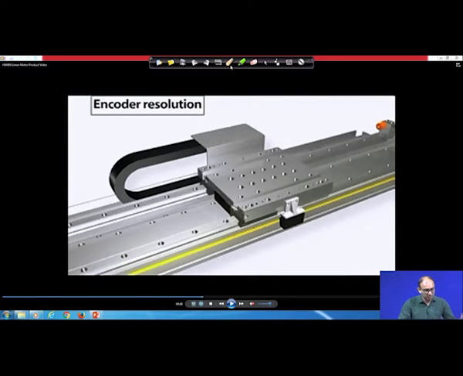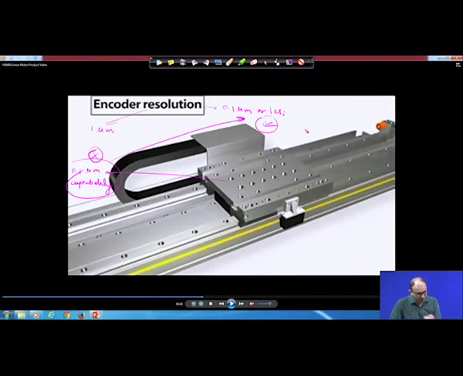So, if the encoder resolution is 1 micron and your motor has 0.1 micron capability, this is not the correct combination. What you have to do is find an encoder that is also 0.1 micron or less, and then you get the right combination. At least you have to select an encoder with a much higher resolution than the system, then you can get the required thing done.